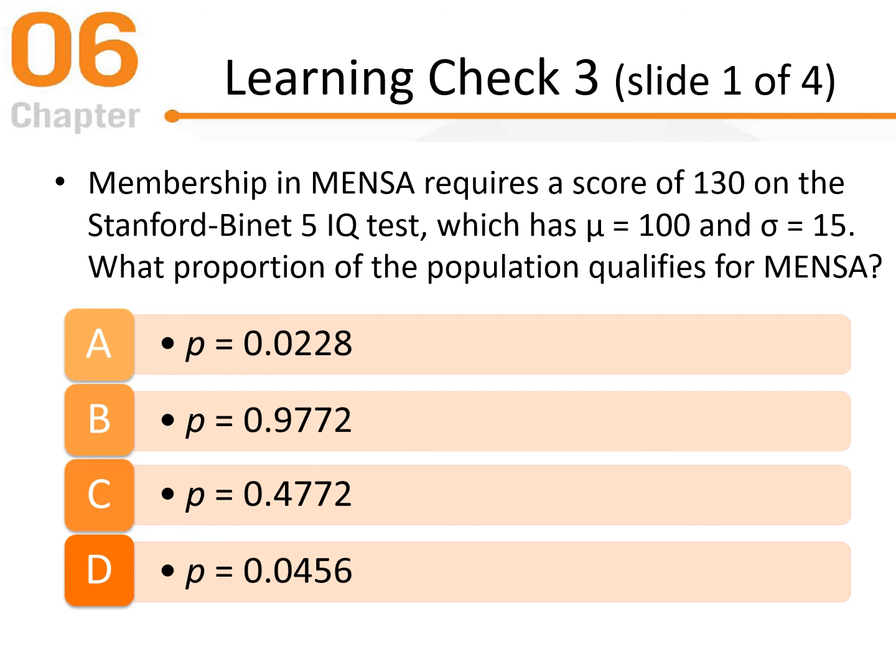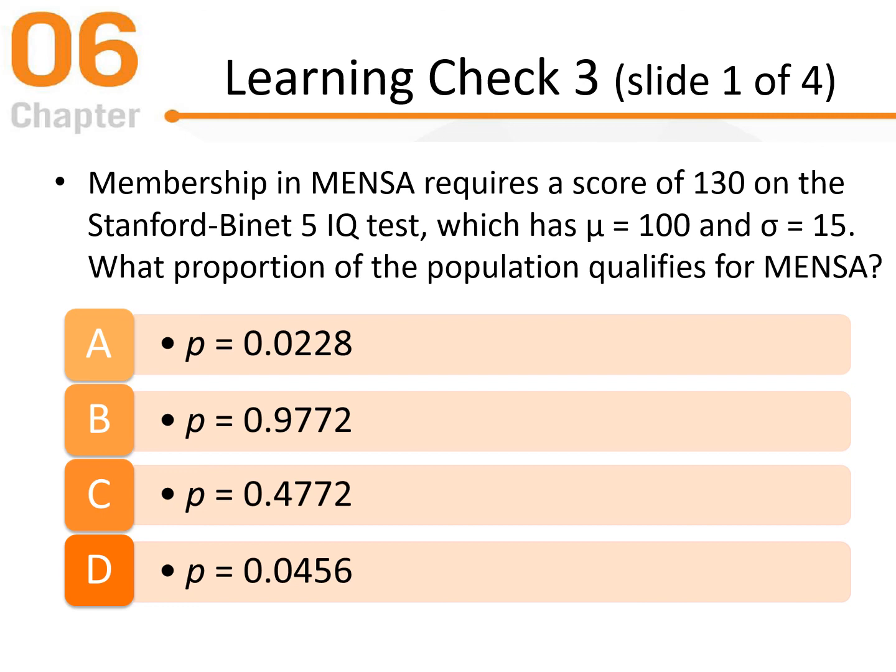So I need to find the z-score first. If Mensa is 130, it becomes 130 minus 100 divided by 15. And that gives me 30 over 15, which gives me a z-score of positive 2. Now I want everybody to the right of positive 2 because I only want people that are 130 and above. So if I find positive 2 in the table, which is to the right of the mean, obviously it's positive, I need to look at the tail. And if I look at the tail, which is column C,